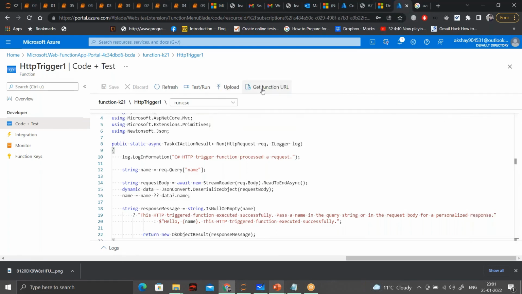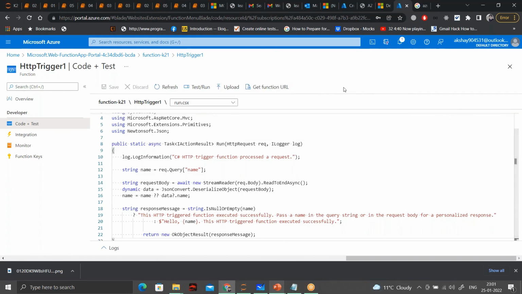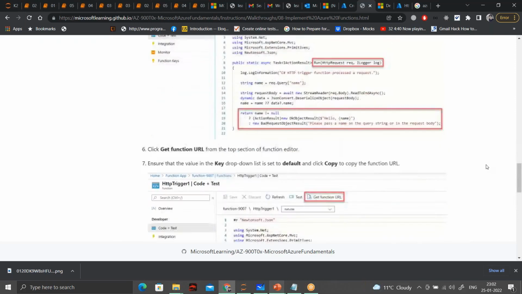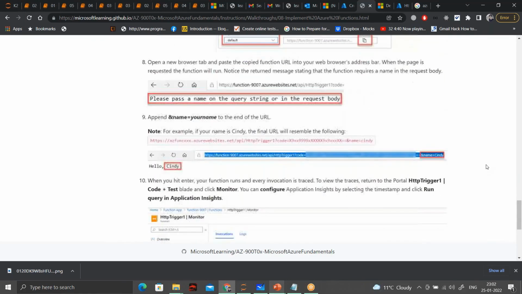From this you can get the function URL, using which you will actually call this function. We can call this from any browser.